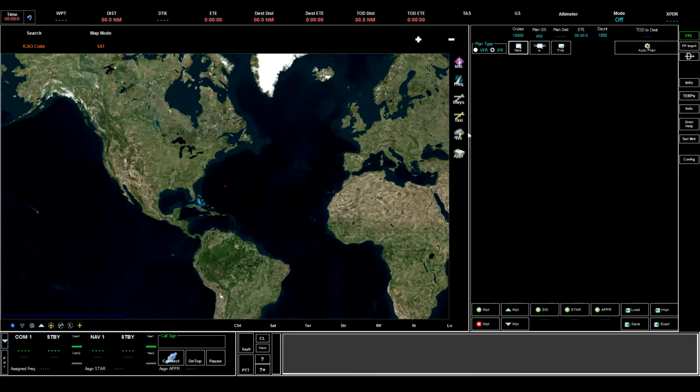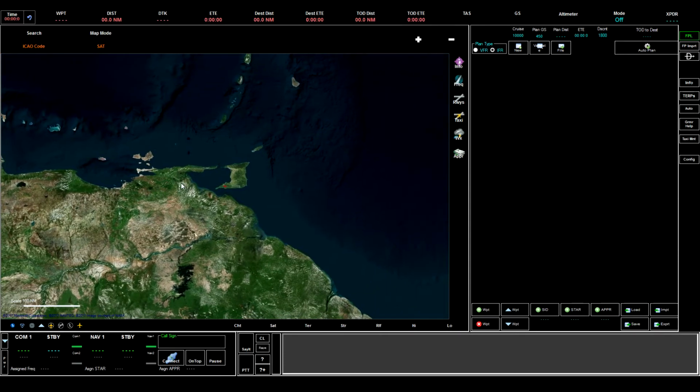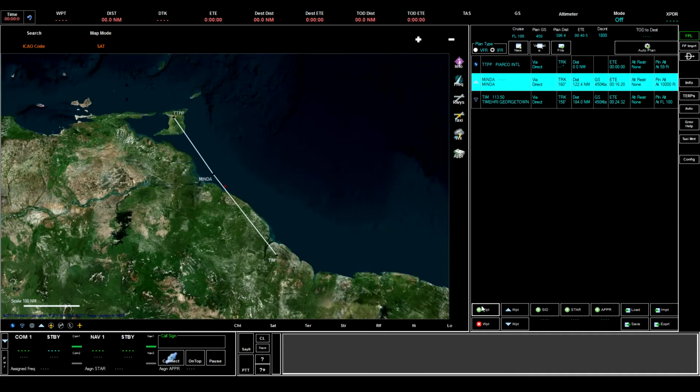So we got to go back and come back in here, and we'll put in our flight plan one more time just to show you again. We're going to take off from Trinidad. We're going to head down to MDA. Let me show you the alternative way that I have to do this. TIM, and then SYCJ. Now, normally, if the load airway thing doesn't work, I go into that flight plan that I made with SimBrief, and I'll actually go to the,